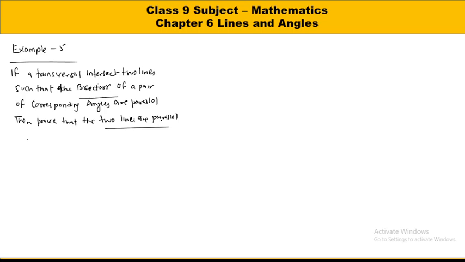So this question is given, so we need to draw the diagrammatic representation that if a transversal intersect two